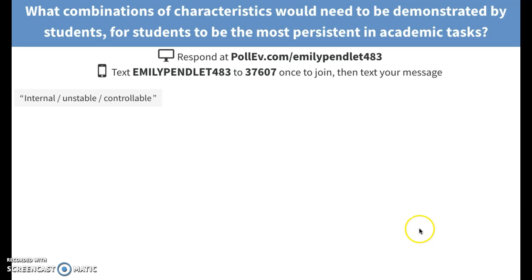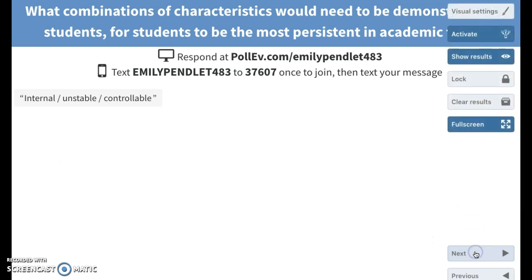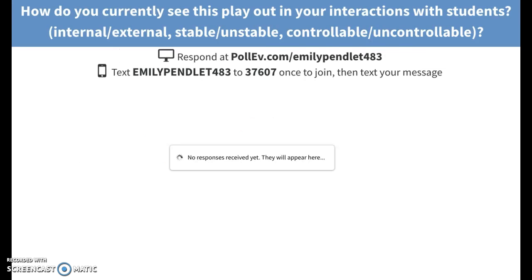So thank you everyone that contributed. We're going to move on to our next question. How do you currently see this play out in your interactions with students? Do they have internal or external attributions? Are they stable or unstable, controllable or uncontrollable? I'll give everyone about a minute or so to think